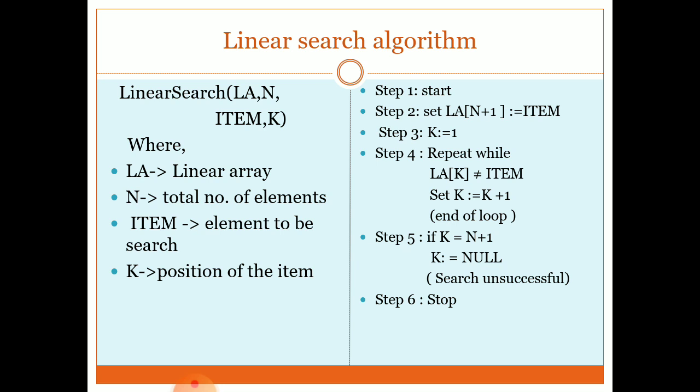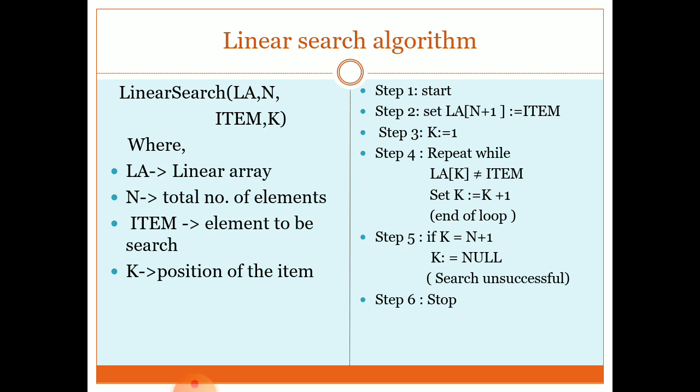So here the first is the linear search. Linear means sequential search. From the given array we will search for a particular element by comparing every element of the array one by one. For that purpose, on the left hand side I put the algorithm name. My algorithm name is Linear Search. In brackets I describe the four variables which we use in the algorithm.